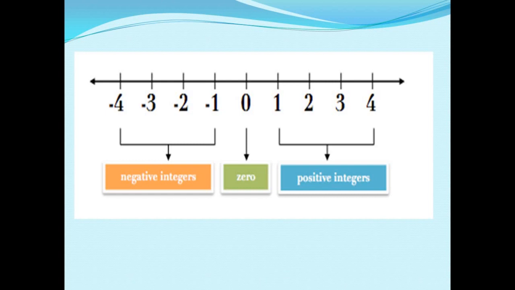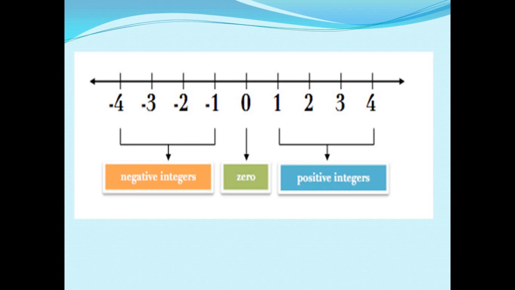and the points to the left of 0 successively as negative 1, negative 2, negative 3, etc. Put arrows on each side of the line to show that the line continues indefinitely in both directions. Thus, every integer can be represented by some point on the line. The line drawn thus is called a number line.